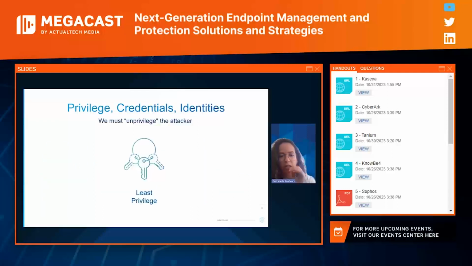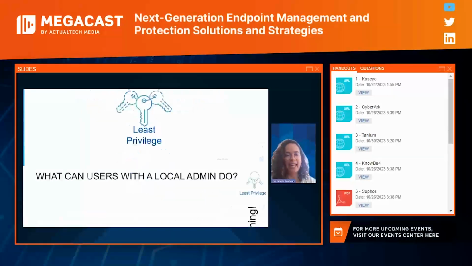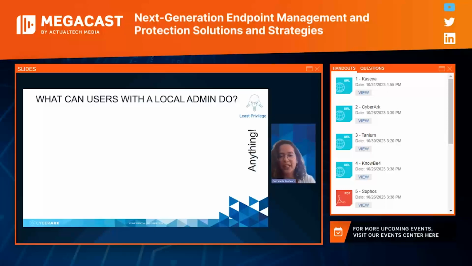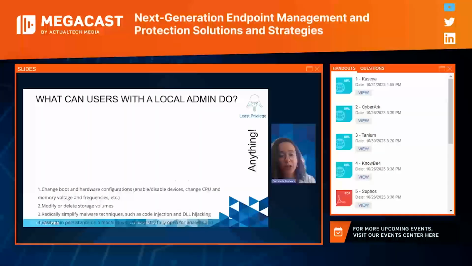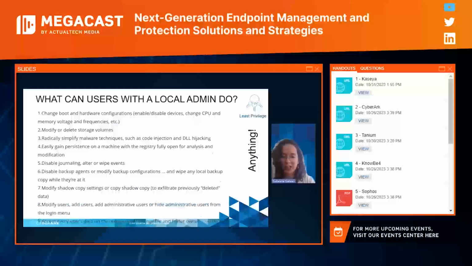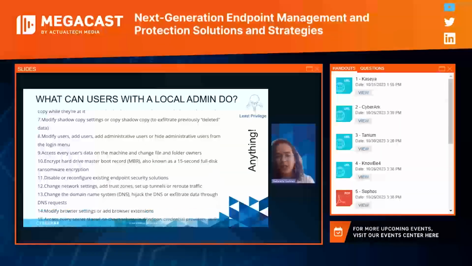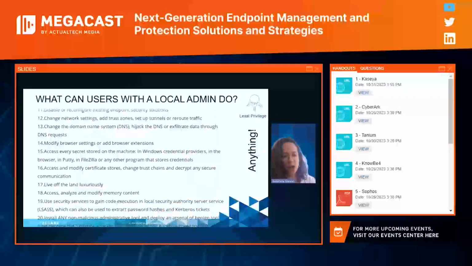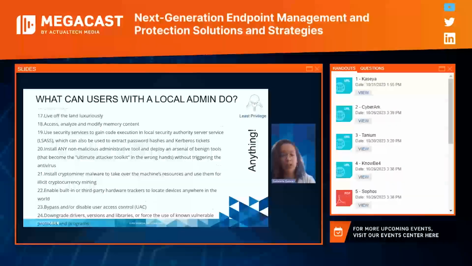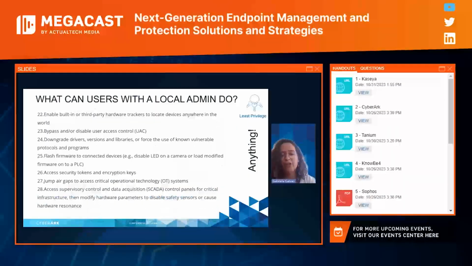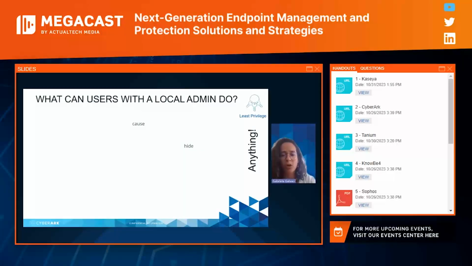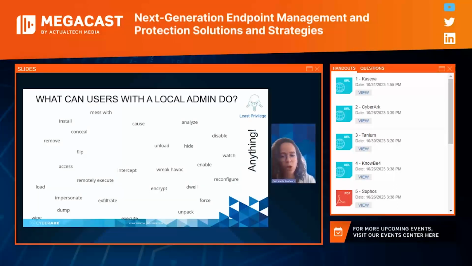So we're going to start with least privilege. And the real question of today: what can users do with a local admin? And as you can see on this long list on your screen, that might remind you of the opening of a Star Wars movie. If a user needs admin rights for a particular application, script, or function, however small, the only realistic option provided is to grant them full admin rights. This means that these privileged accounts, and any attacker that can be impersonating them, can do anything, whatever they want.